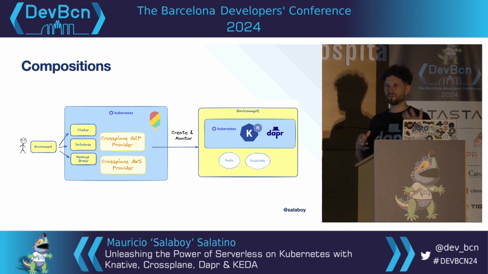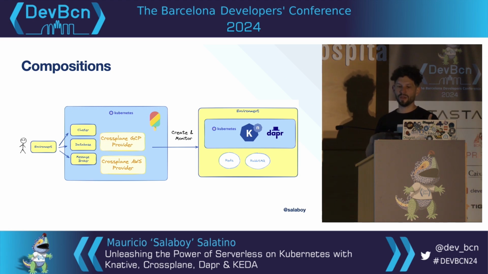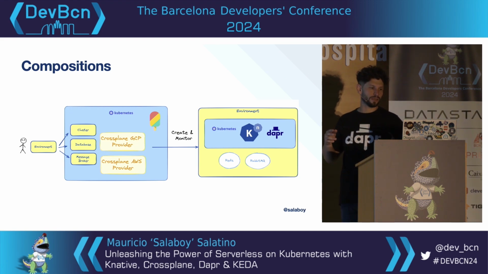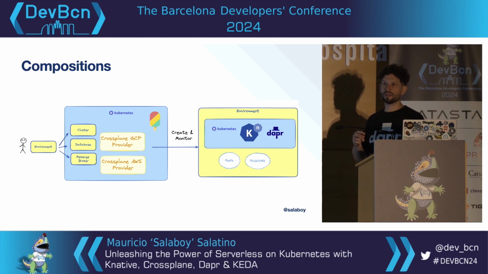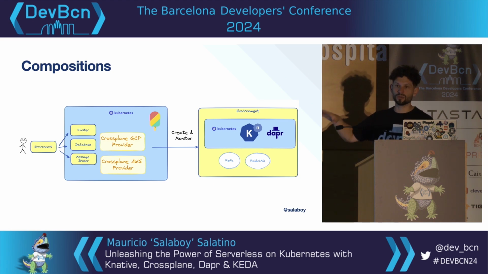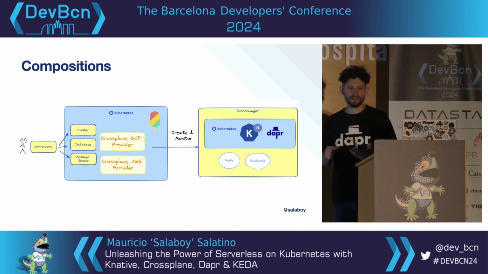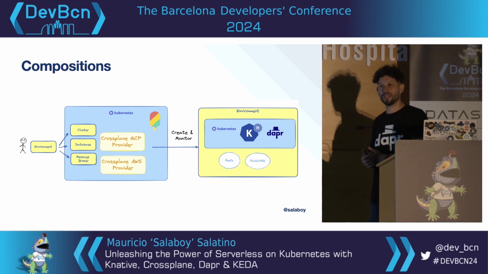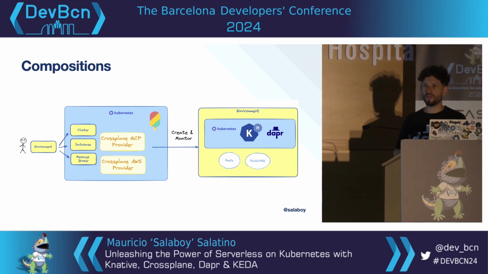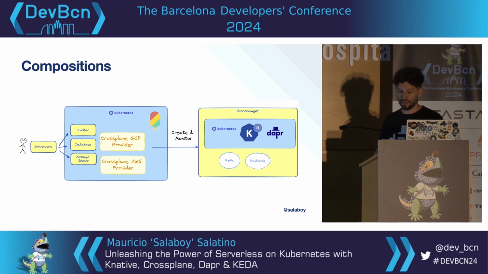And now environment becomes a Kubernetes resource that only exposes the things that I'm interested in defining when I'm creating a new environment. For example, if I'm a developer and I want to test my application, the one that we deployed, maybe I just want a development environment. So I can just send a single resource saying development environment, and you get all the things like a cluster with Knative installed, Dapr, and Redis and RabbitMQ all running for you to deploy your application. I think that mechanisms like this that allow you to create interfaces and create abstractions without actually creating a controller are extremely powerful, and I think that's the main reason why Crossplane is so popular nowadays in the CNCF space. I strongly recommend you to check it out.